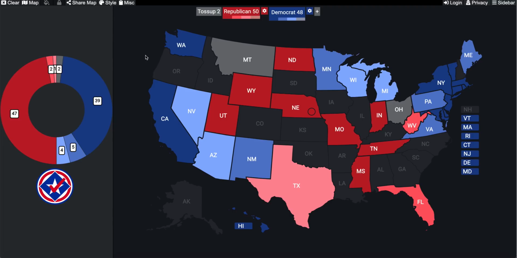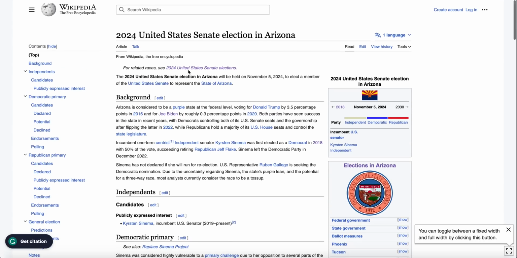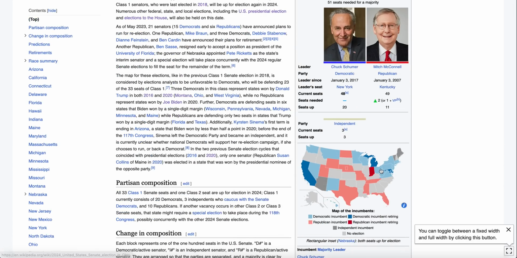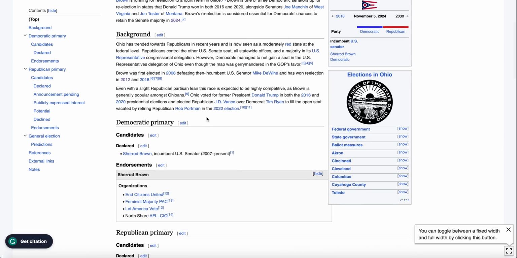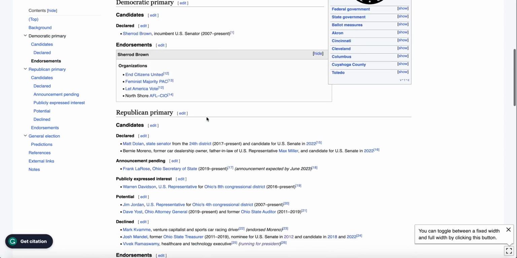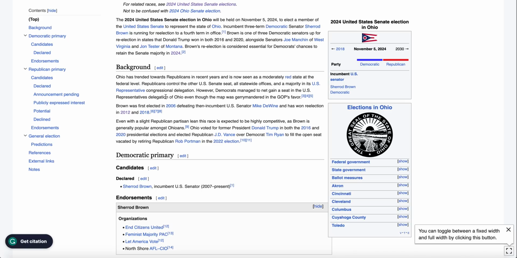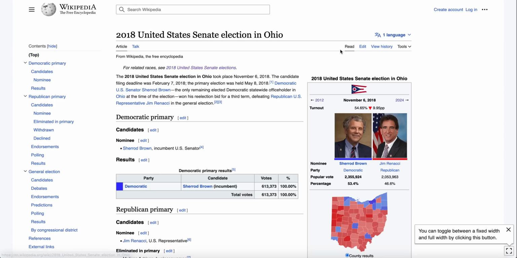I will say, I think Sherrod Brown is a strong candidate. I think Sherrod Brown did well in 2018, but honestly speaking, not as well as I would have hoped. I think Ohio is a state where Sherrod Brown could do very, very well, but comparatively very, very well. That means winning by 1 or 2 points. I don't think we're going to see a 6-point victory as in 2018.